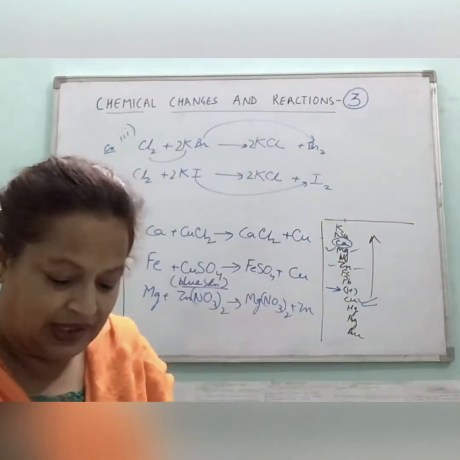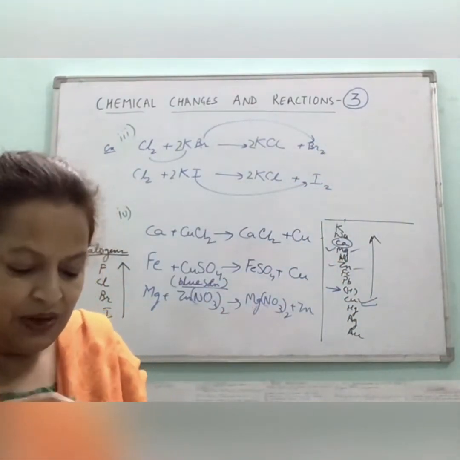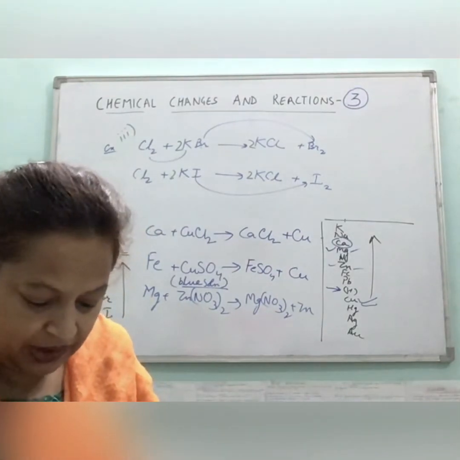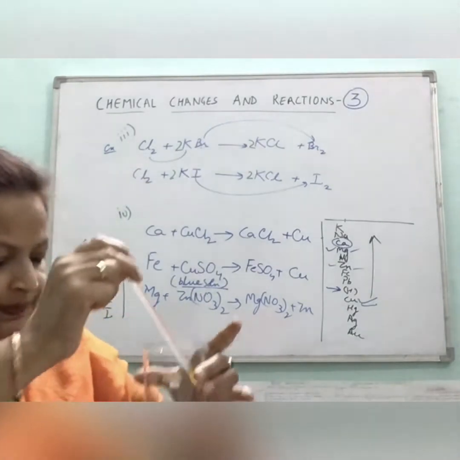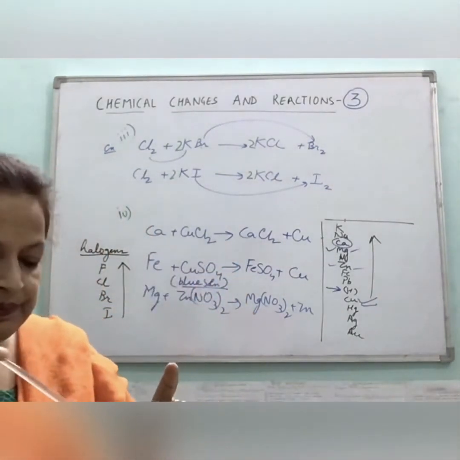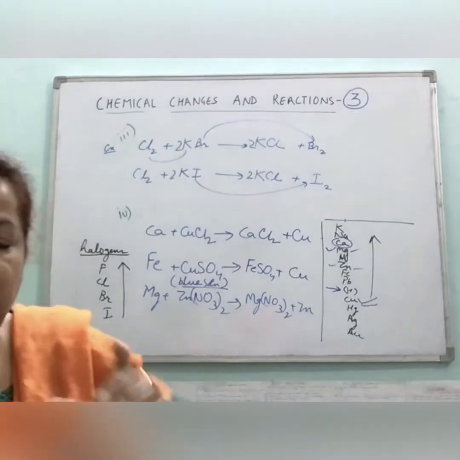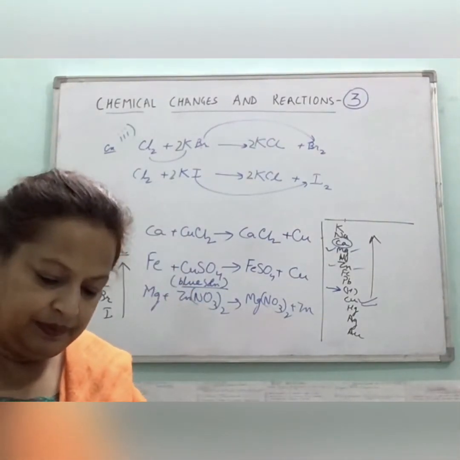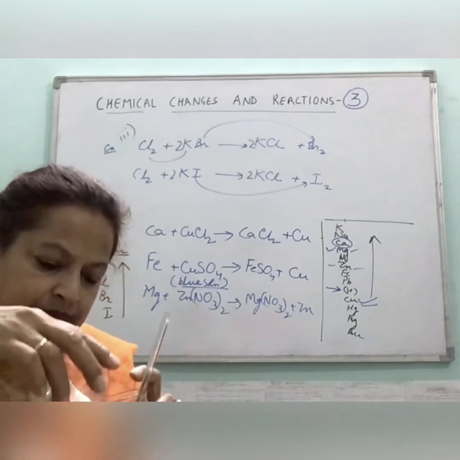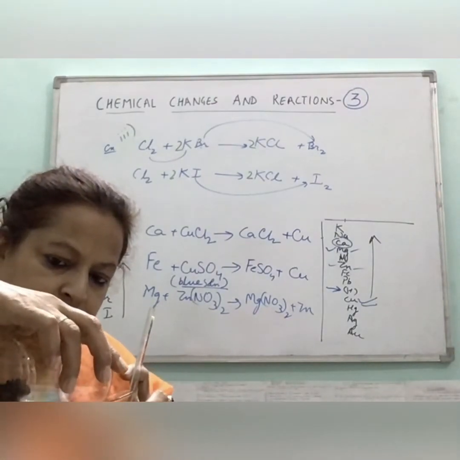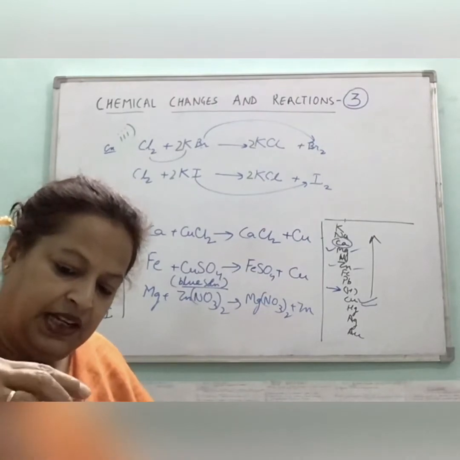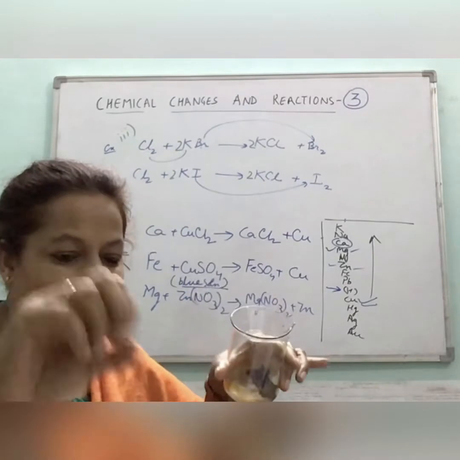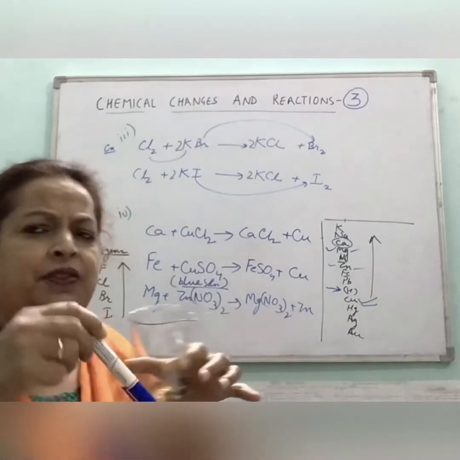Now let's see what is the texture of the nails. I'll take out a few nails. What is the color of copper? You are learning a lot of things here, children. I'll pour this into another beaker. Now the displaced product, copper, can you believe what I have got in the beaker? Copper. Where have you seen copper, children?